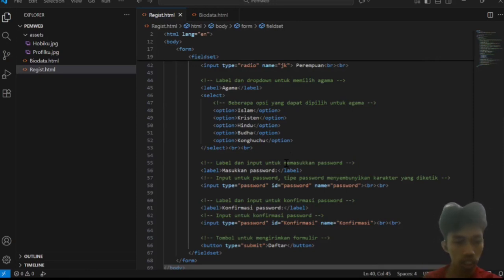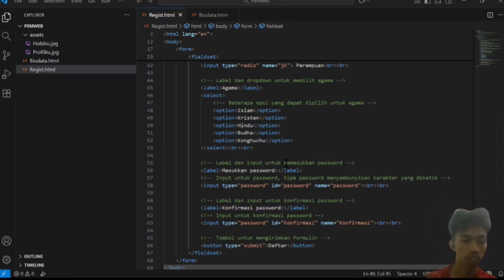For the password section, input type password is used, which functions to hide the characters being typed so they are not visible to others. Every input also has different id and name attributes, so they are easily identified and processed during